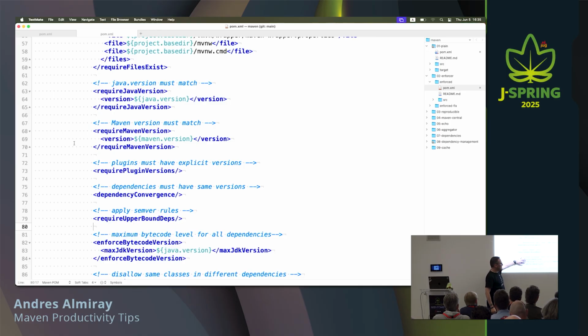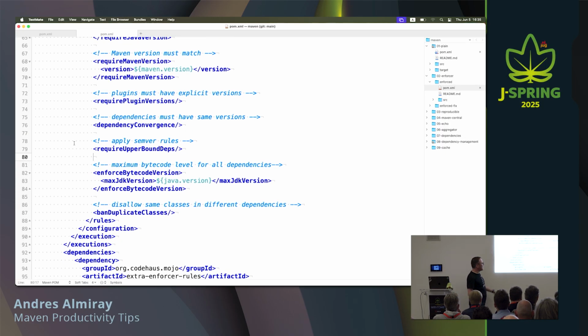If you have any other dependencies at 17, 21, or 24, and you're building with 21 or 24, then your build might still work, but your consumers will think that everything is 17 or lower, and that's not the case if you have a dependency that is higher. So this rule says everything that you build and depend on has to match this particular bytecode version or less. If it's higher, then the build must fail.